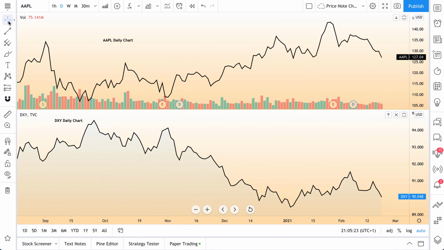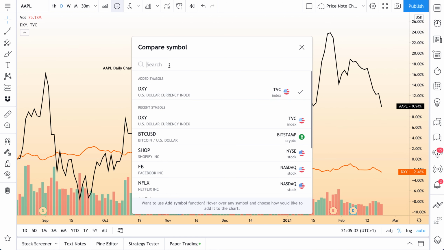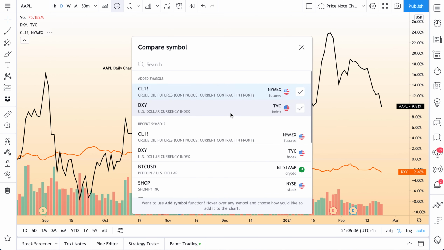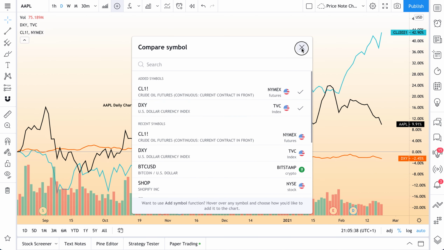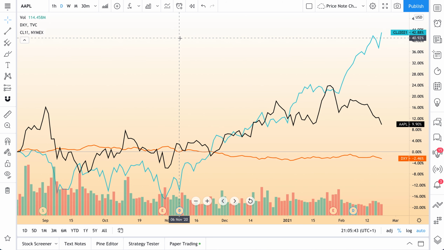Now, a few more quick tips about this. It's really important, so why don't we go back to compare, and let's actually do the DXY, but do same percentage scale. Why don't we add another asset like oil, and let's do same percentage scale. And what we've done now is we've added oil and the dollar index, and now we're going to right click